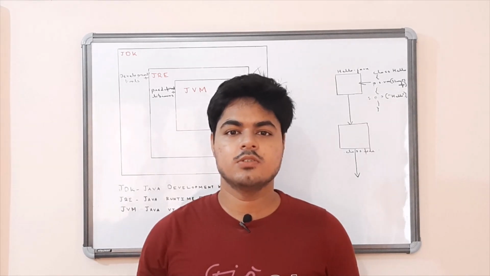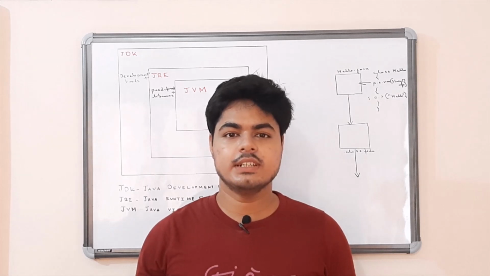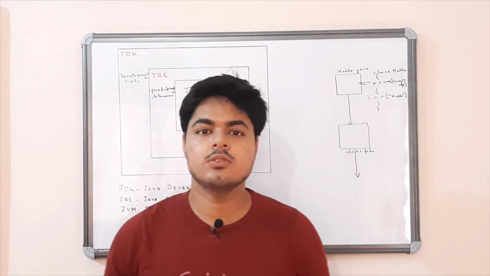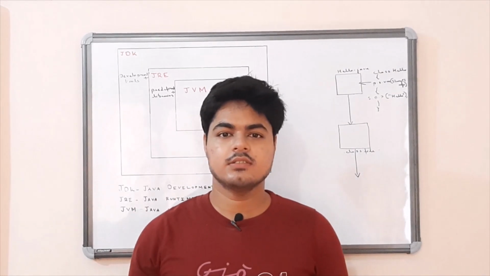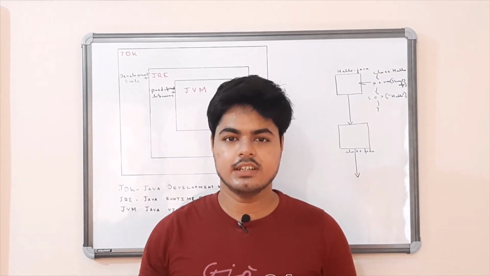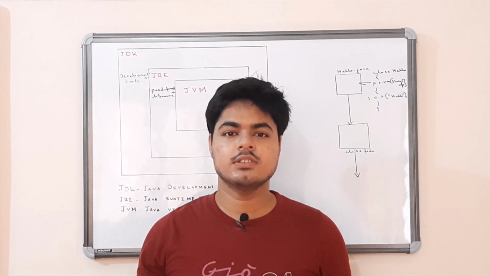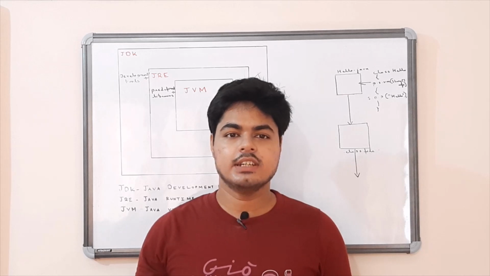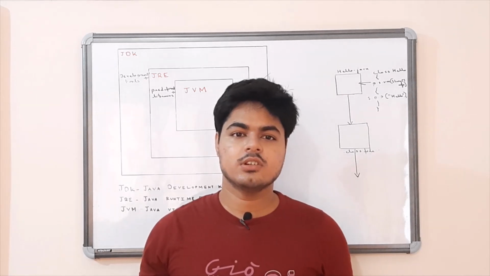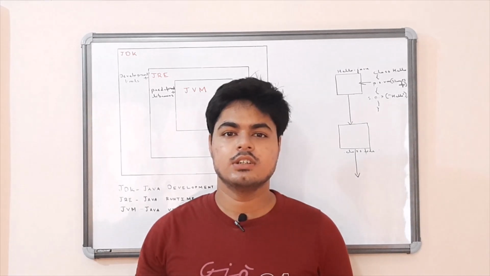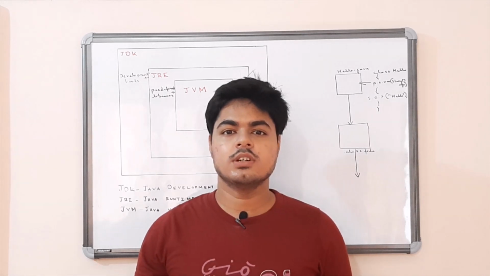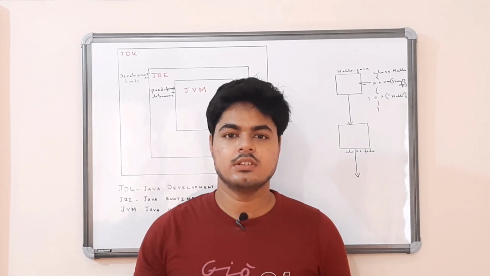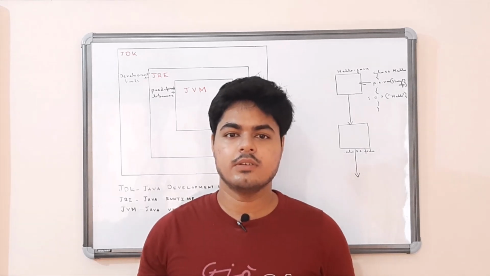So in this video, we will discuss JDK, JRE and JVM. Now, whenever you need to develop a Java application, you need to download and install JDK. That is an acronym for Java Development Kit. Whenever you install JDK, JRE and JVM get installed within it as part of JDK. So why do we need to learn them differently? Because each of them has different functions. So let us learn one by one.